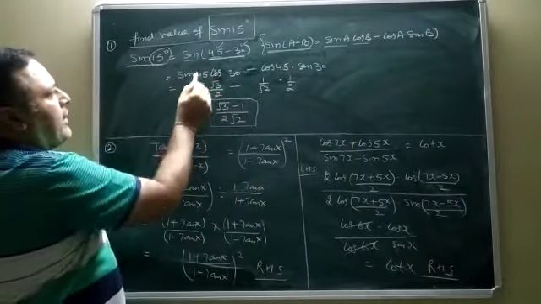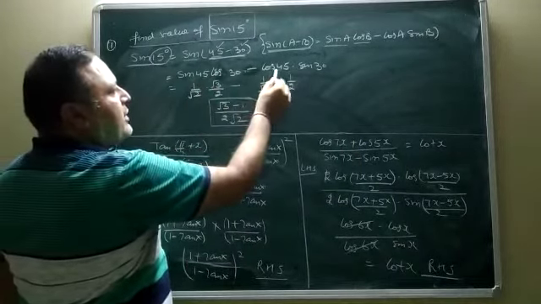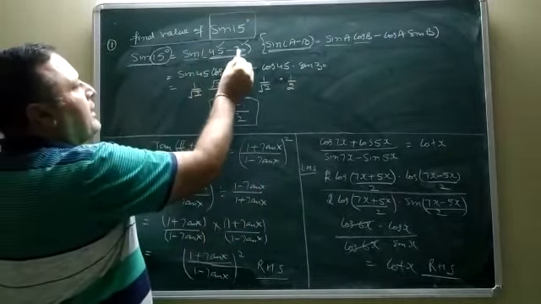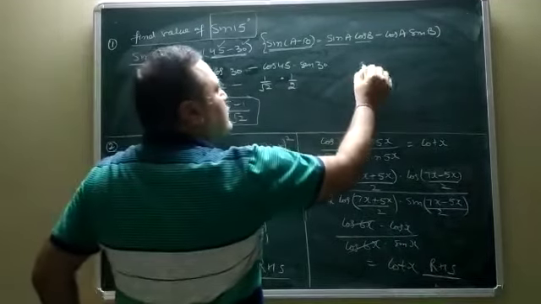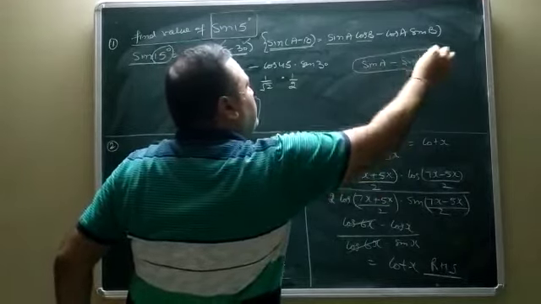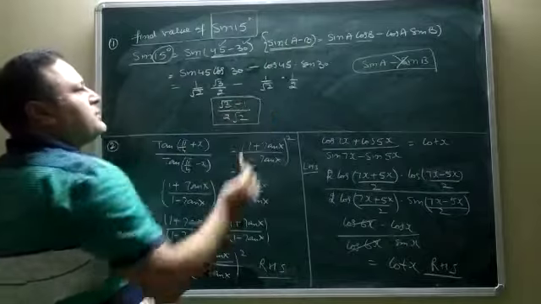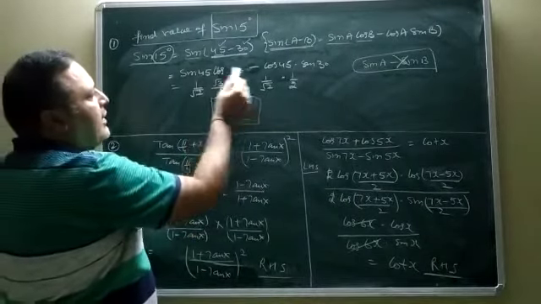It is sine of A 45 degree, cos of 30 degree minus cos of 45 degree and sine of 30 degree. Remember, sine of A minus B can never be equal to sine A minus sine B. Some students make the mistake of writing sine A minus sine B. It is never so. So remember the formula, sine of A minus B is sine A cos B minus cos A sine B. Now apply the formula and values.